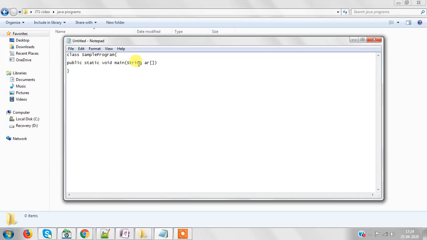And this is String args. With command line arguments we can take a number of inputs. For that, usually we have to pass args, any string array, here. After that, if I want to print some message, then I have to write System dot out dot print, and then I can write my message.